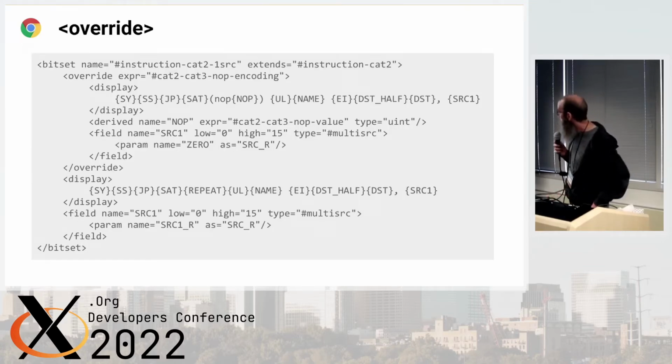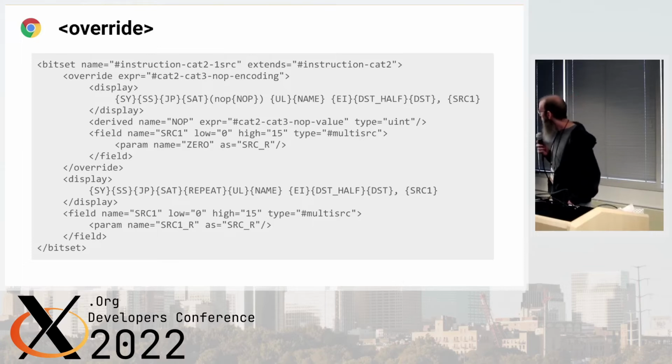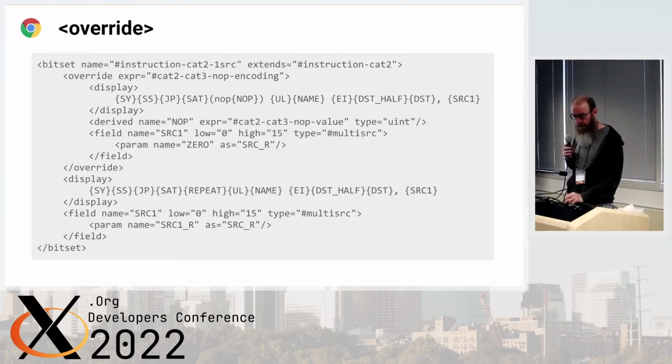And then finally we come to the slide full of XML. The override was probably easier to explain by just showing an example. Essentially, it references, okay, a little bit of background here. The ALU instructions in IR3 have a repeat field that allows them to act as a quasi-vector instruction. It basically gets repeated 1 to 3 times. There are separate bits per source instruction, which say whether the source register stays constant or increments